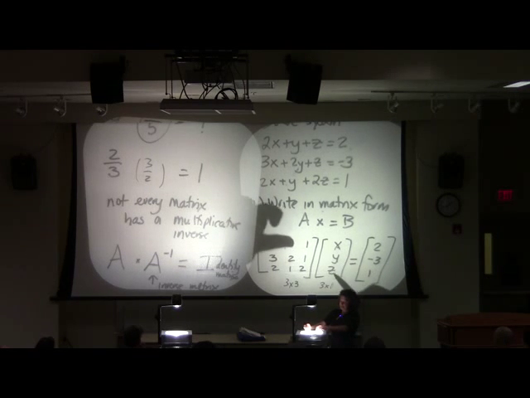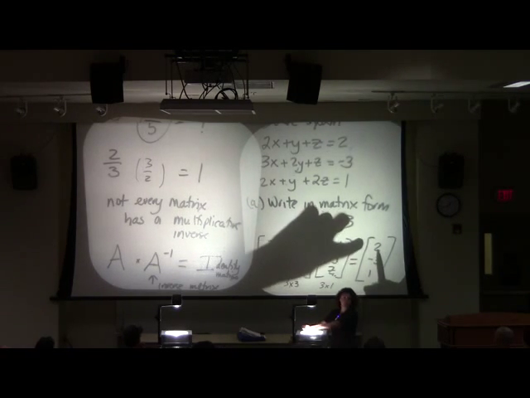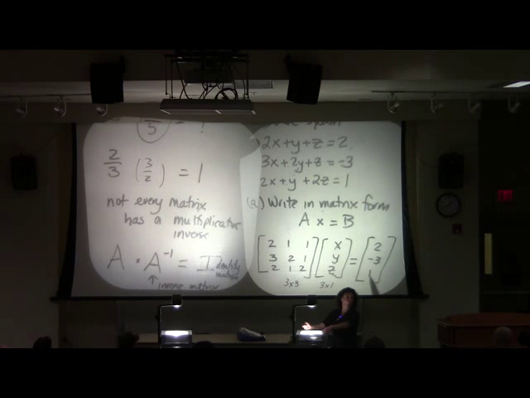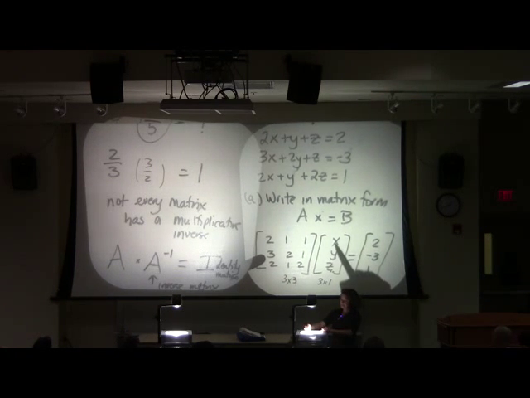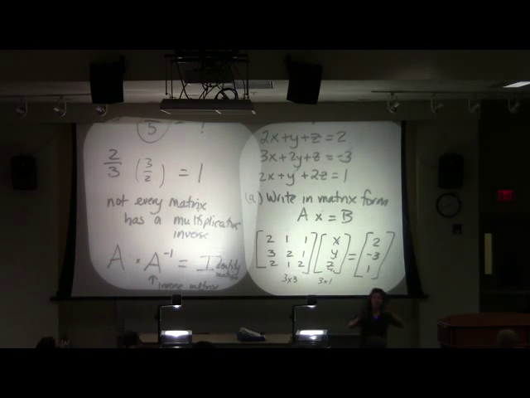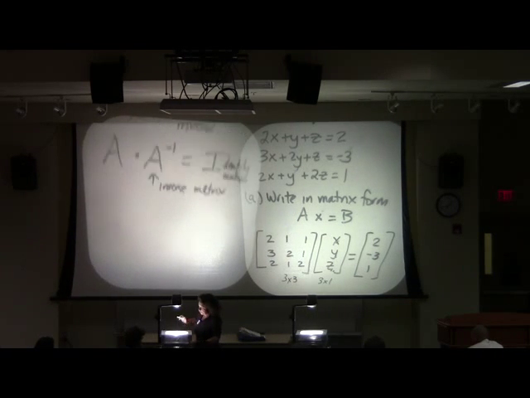Wouldn't I get 2x plus y plus z equals 2? Whoa! All right. Next one. This times this, so 3x plus 2y plus z equals -3. Last but not least, 2x plus y plus 2z equals 1. So do you see how these are the same? All right. So, you don't need to write for a little bit. I want to show you something.